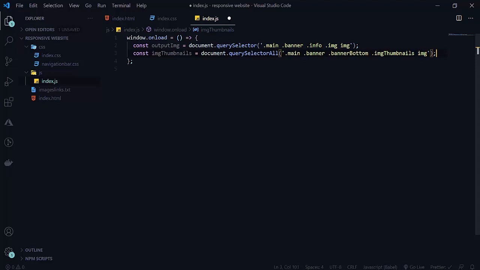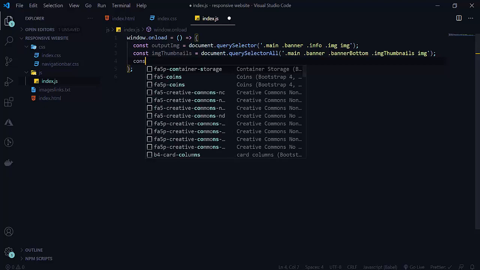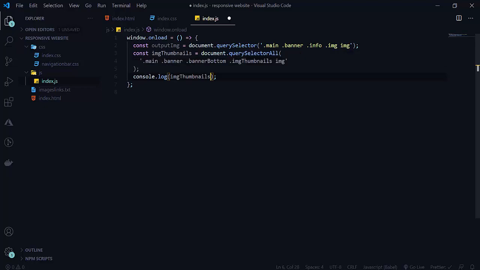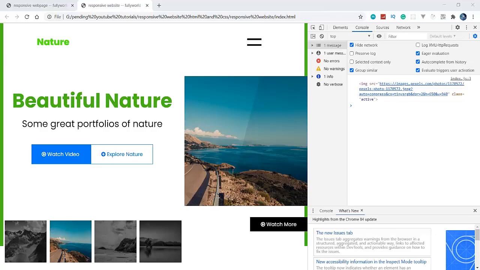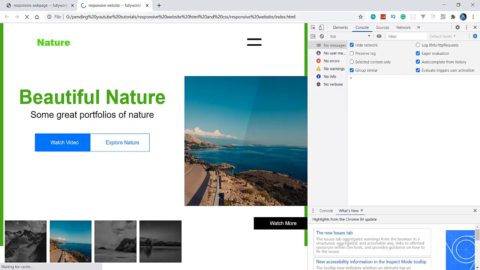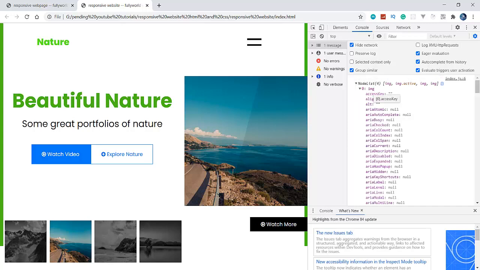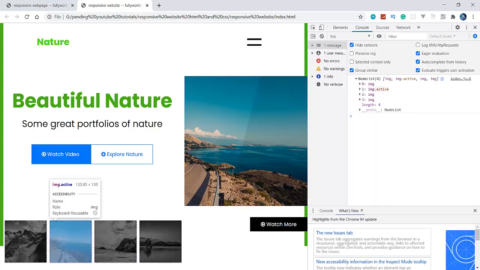When I console.log this, I am trying to tell you the difference between querySelector and querySelectorAll, so please watch carefully. When I reload this, by adding querySelectorAll, I am getting all image tags here. I am also getting an image tag with class active.